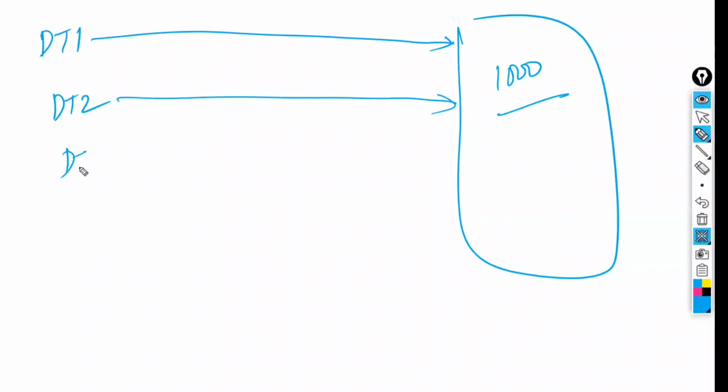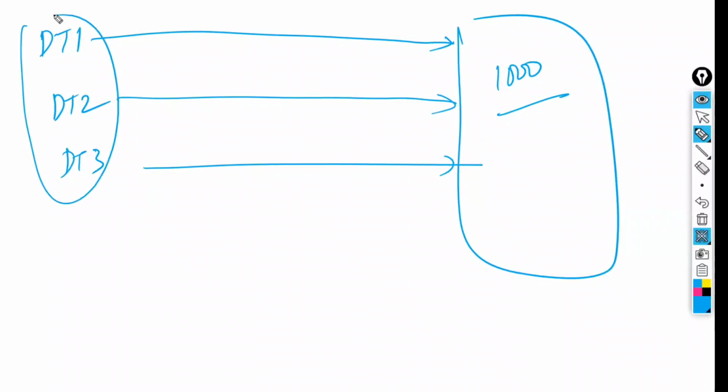The same probability is associated with decision tree number 3. Now, all the decision trees have equal probability. You have given every decision tree equal rights. All of them are equal.